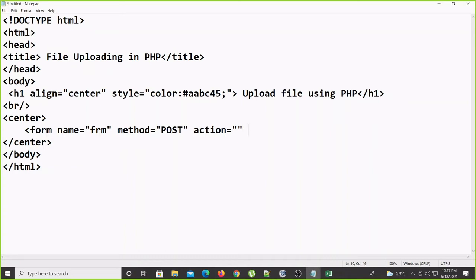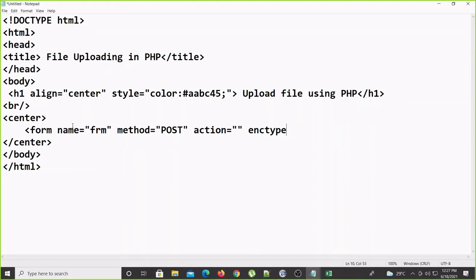And one more thing is important: whenever you are uploading a file, an extra attribute is there, that is called enctype, encryption type. This specifies which content type of information you are submitting. If you are not adding this attribute, then your file uploading option will not work.